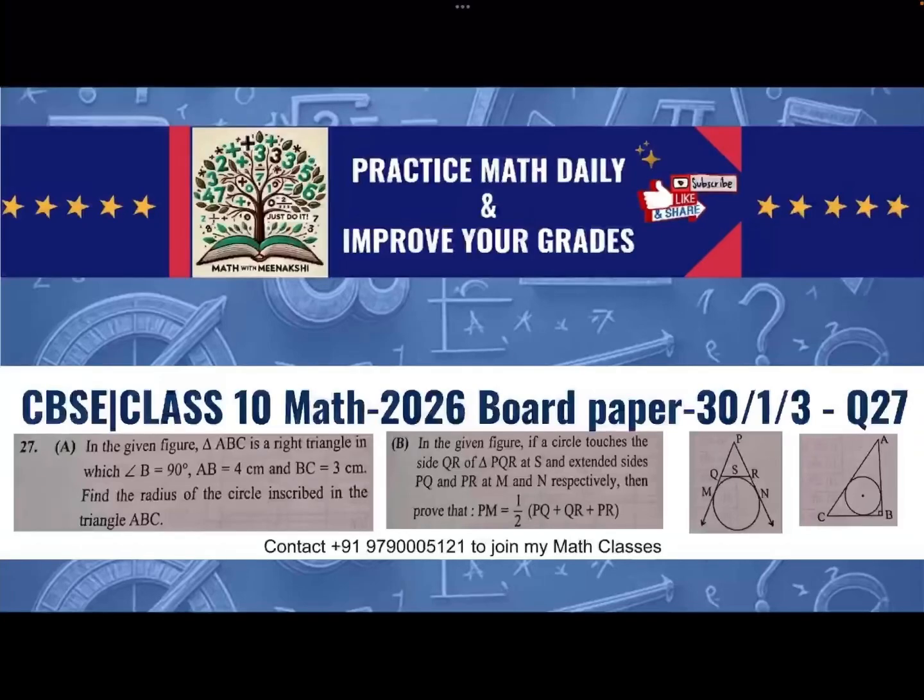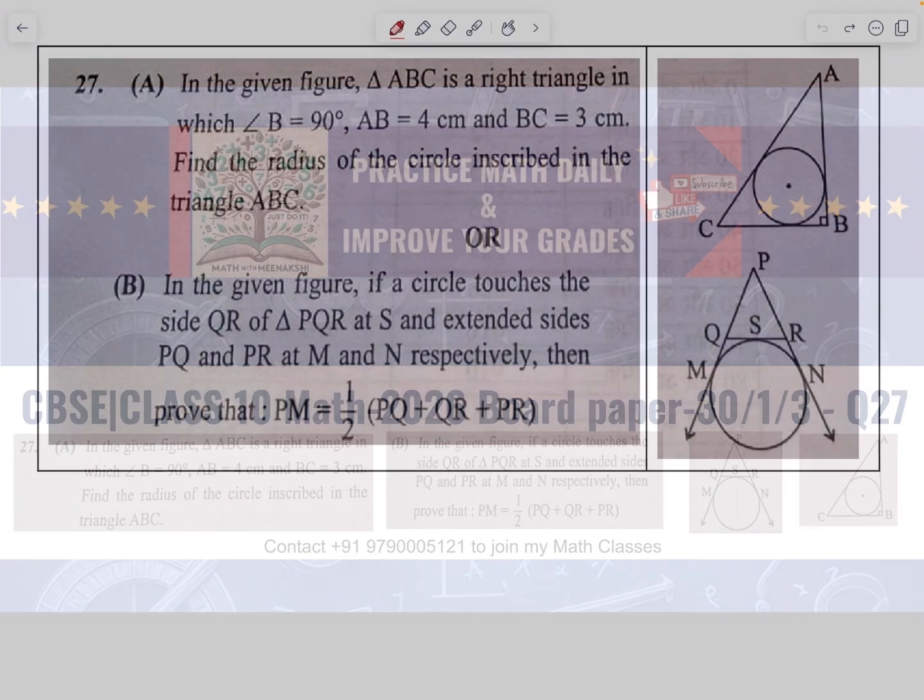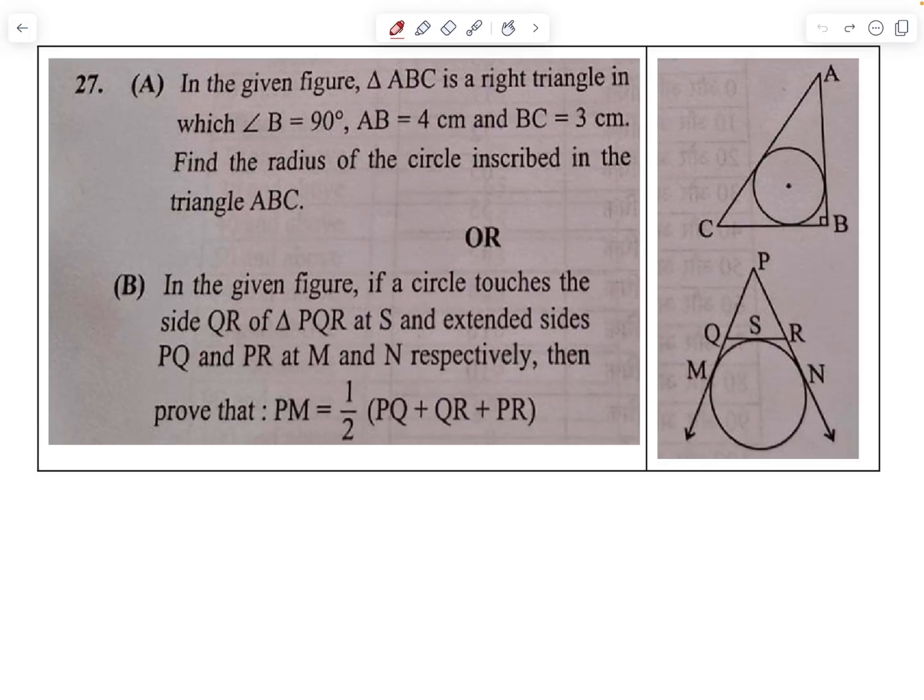Hello all, in this video I am going to solve question number 27A and B from CBSE class 10 standard math 2026 board paper. The question paper code is 30/1/3. The question 27A says, in the given figure, triangle ABC is a right triangle in which angle B is